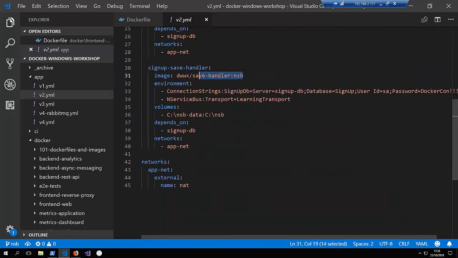So this is the component that listens for those save commands and writes the data to SQL Server. And again, I've got some environment variables here for my configuration. There are lots of ways to do config in Docker. This is a really simple one. So I've got my connection string for the database, and I've got my NServiceBus transport configured to use the learning